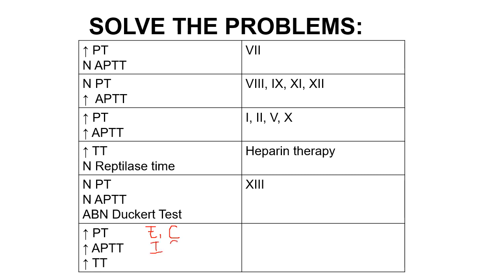And then next, PT is prolonged, which affects your extrinsic and common. APTT, intrinsic and common. Thrombin time, ano ulit ang dinidetect nito? Your clotting factor 1. So, anong common denominator nila? Di ba ang clotting factor 1 is a common pathway? So, mas specific ngayon ito in fibrinogen group alone. Kasi, di ba fibrinogen is also common pathway.